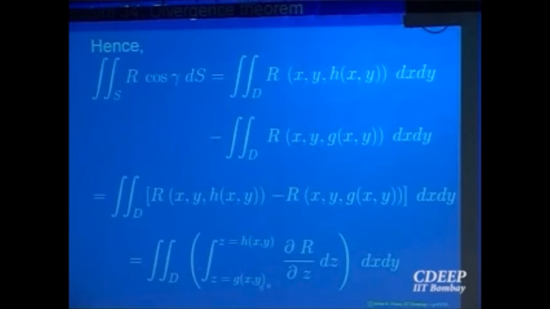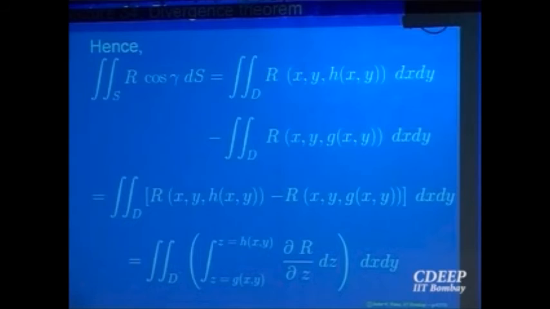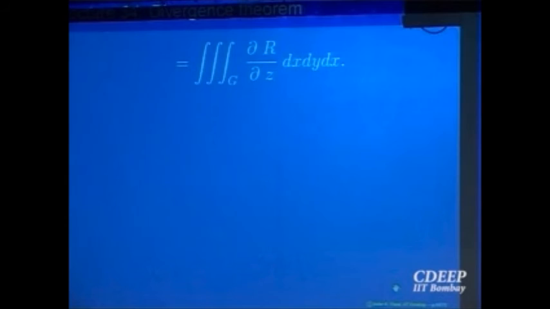And what is this now? This is the triple integral of the partial derivative of R with respect to z over the domain enclosed by that surface. In Green's theorem it came out as a double integral, the region enclosed by the closed curve. Same proof. One term positive, one negative, right? Here it comes out as a double integral because when you want to compute a surface integral, you have to take the projection onto the plane, right? There the curve is varying in t, so t goes from a to b. Same proof, no change at all. Appropriately one more term is added, nicely. So that proves the one part, and similarly the other parts, okay?